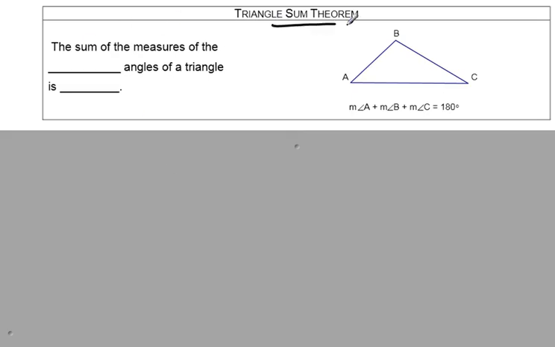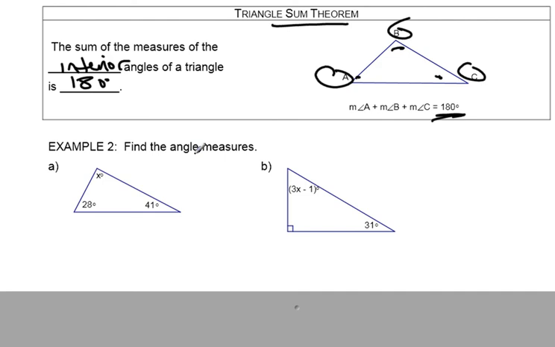The Triangle Sum Theorem is just a fancy way of saying that the sum of the interior angles of a triangle is 180 degrees. So if I add up angle A, B, and C, it's going to equal 180 degrees. So you're going to have to know this. When you're given 3 angles of a triangle, to find the third angle, or any missing angles, or any missing variables, you add all 3 angles together,